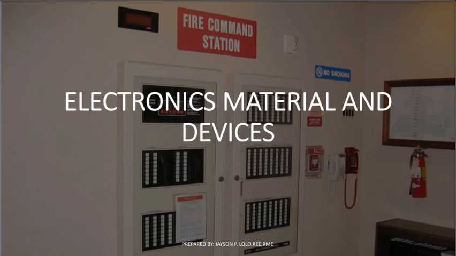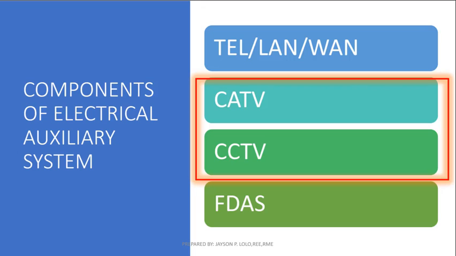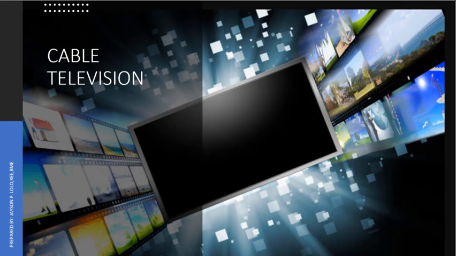and we will now discuss the two components of electrical auxiliary system, which is CATV and CCTV. So remember that electrical auxiliary systems are components related with security systems, comfort systems, lighting systems, and information systems, which are very important to help the main system to perform according to the specifications. So first,